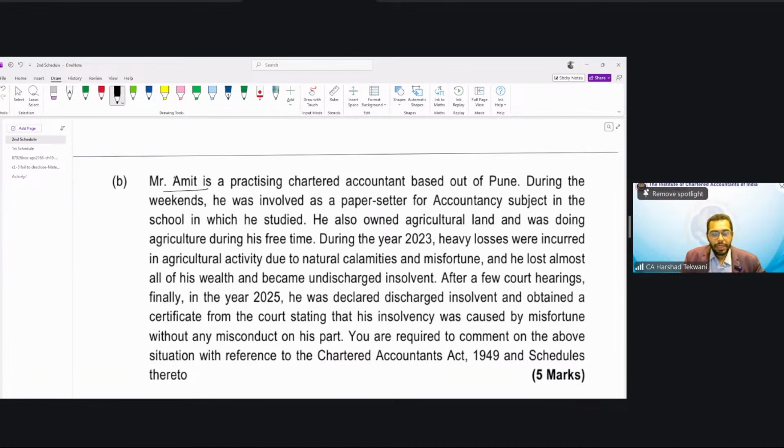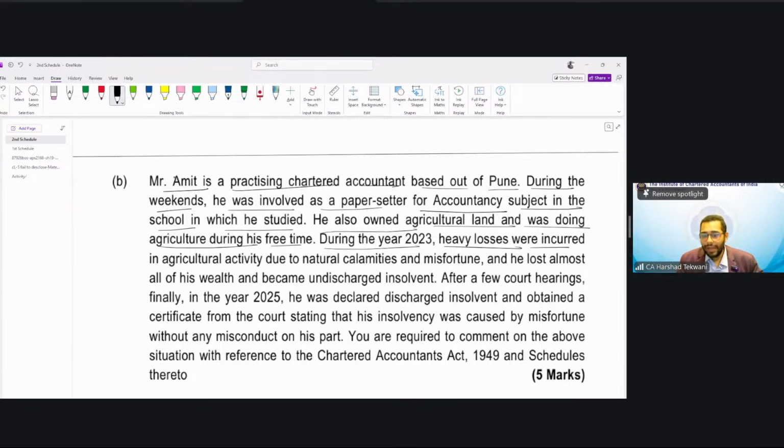Mr. Amit is a practicing chartered accountant based out of Pune. During the weekends, he was involved as a paper setter for accountancy subject in the school in which he studied. He also owned an agricultural land and was doing agriculture during his free time. During the year